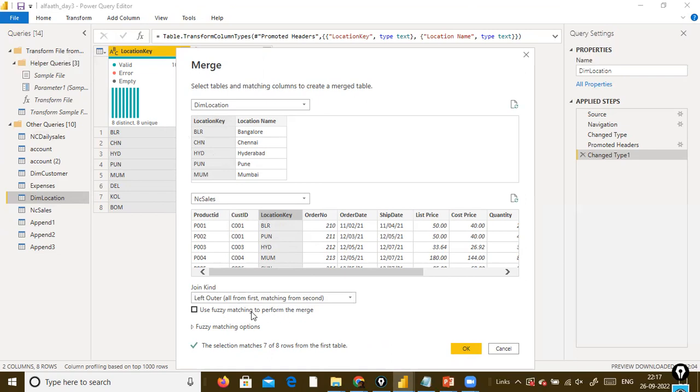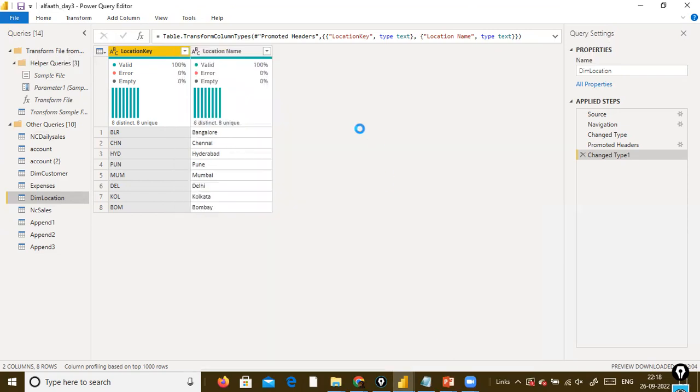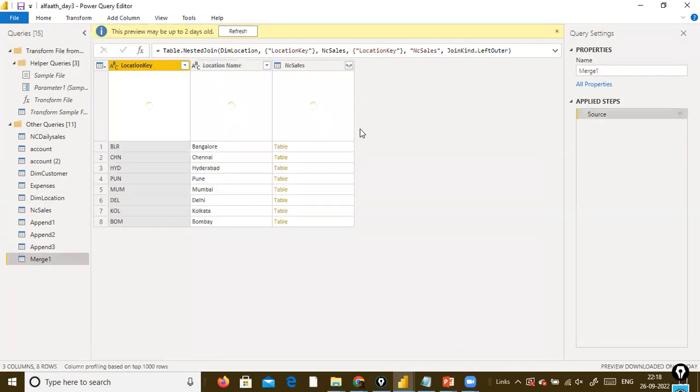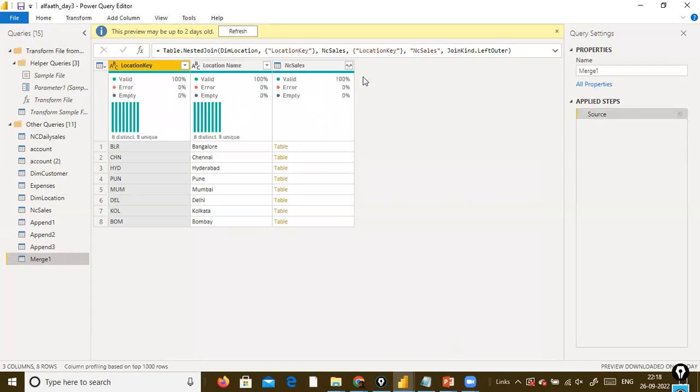So here they've given a very simple definition: all the values from the first table and matching from the second table. Okay, and here click on OK. Left outer join does this one. And if I look here,